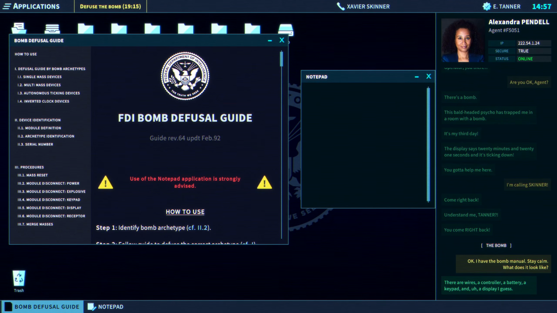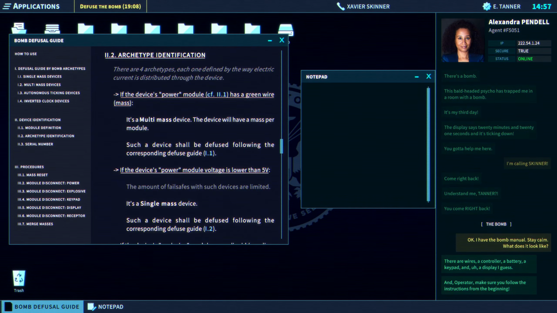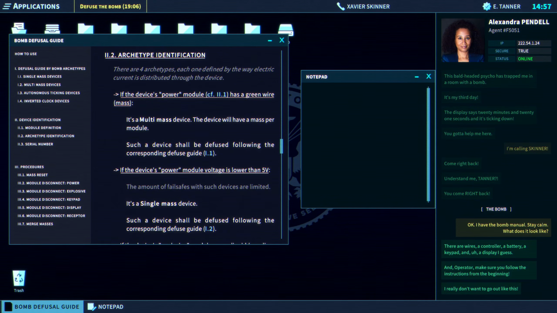There are wires, a controller, a battery, a keypad, and a display, I guess. And operator, make sure you follow the instructions at the beginning. I really don't want to go out like this.